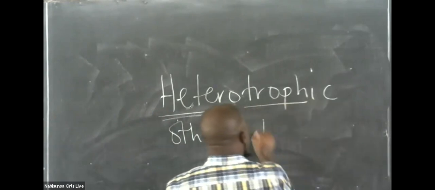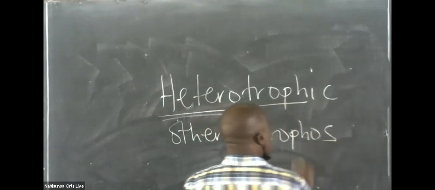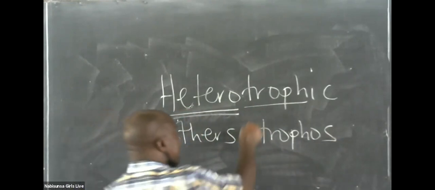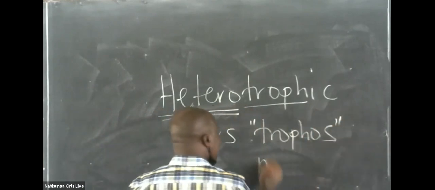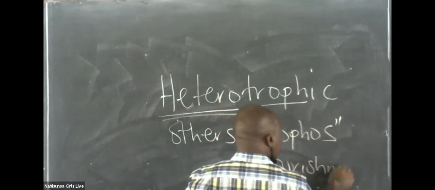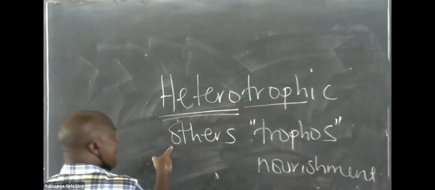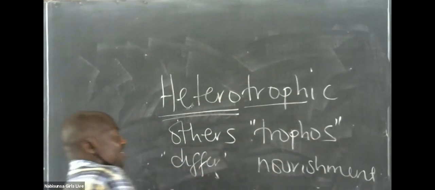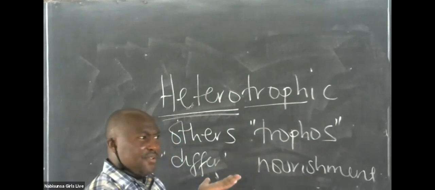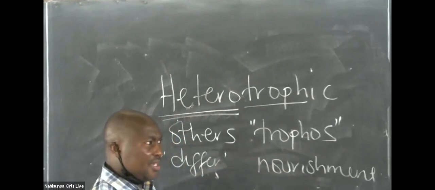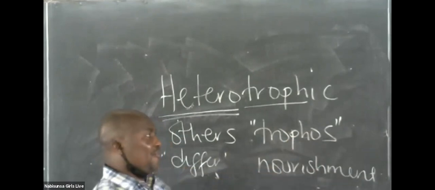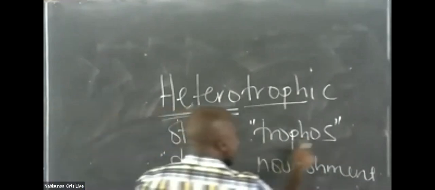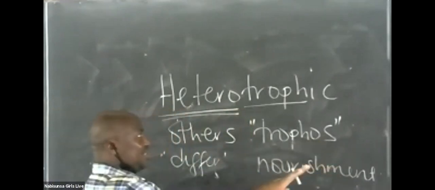Now this one here, majorly comes from this word here, which means nourishment. Because someone might say, what do those words mean? This one just means nourishment. Then this one I said means others, or it can even mean differ. So a different type of nourishment. I think you can see how biology becomes simpler. A different type of nourishment from the autotrophic nutrition. So whenever you find this word trophe, please it just means nourishment.